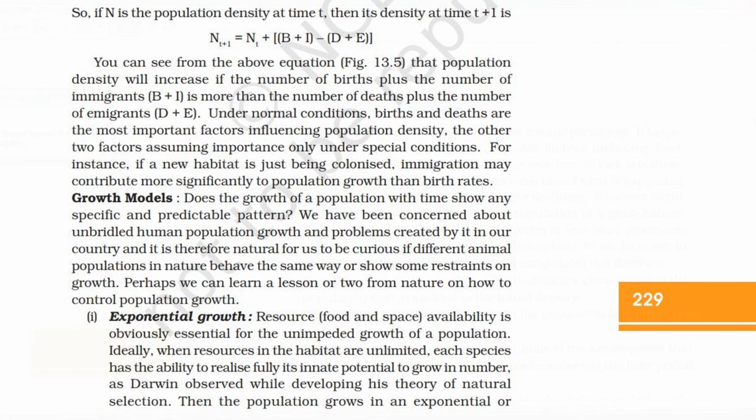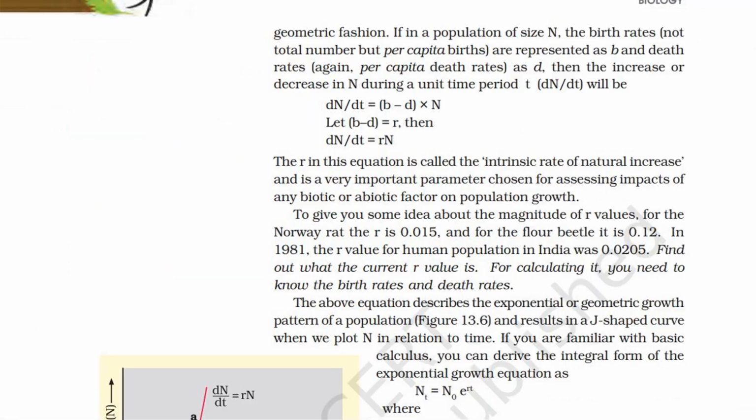Ideally, when resources in the habitat are unlimited, each species has the ability to realize fully its innate potential to grow in number, as Darwin observed while developing his theory of natural selection. Then the population grows in an exponential or geometric fashion. If in a population of size N, the birth rates, not total number but per capita births, are represented as b and death rates, again per capita death rates, as d,